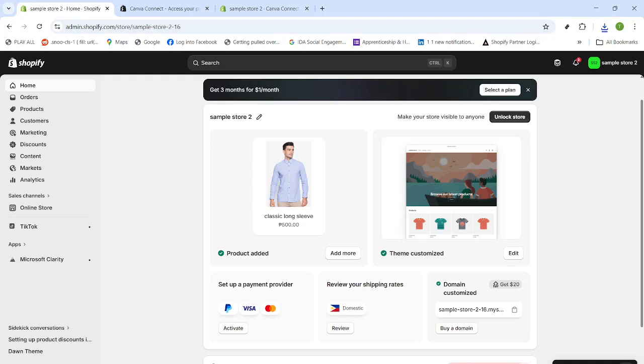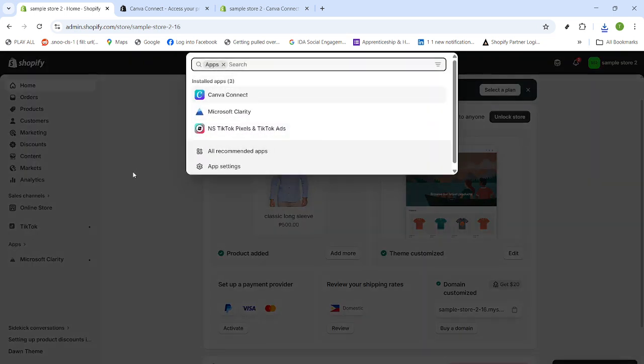In today's video, I'm going to teach you how to connect Canva to Shopify. Full 2024 guide. We'll start right inside your Shopify admin so you can install the Canva Connect app and complete the quick onboarding. This setup lets you create on-brand designs in Canva and bring them straight into your store without